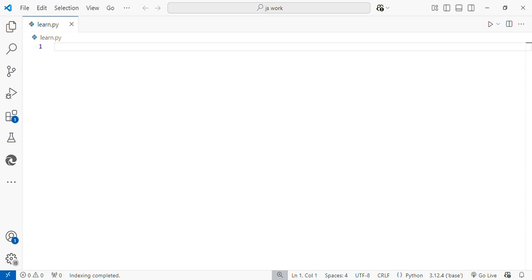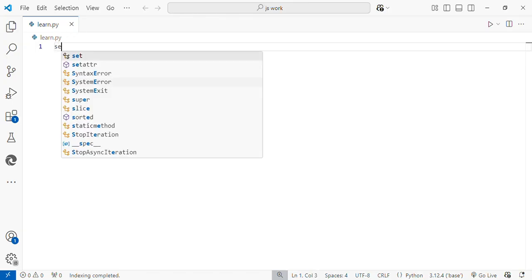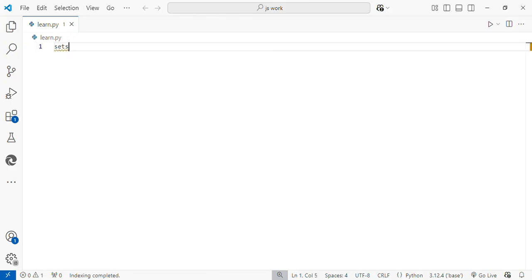Okay, so today I'm going to explain how to use sets and tuples. Sets are like lists. To make a set, I can create a variable named sets which equals curly braces, and inside it I can write my values: 2, 3, 4, 5, 7, 8. And now if I print